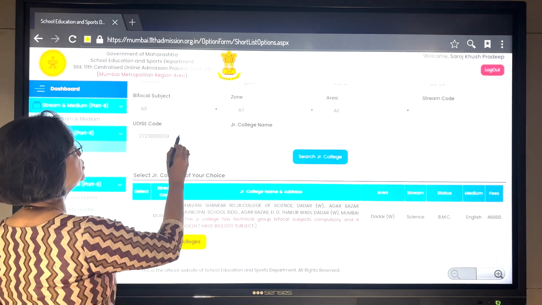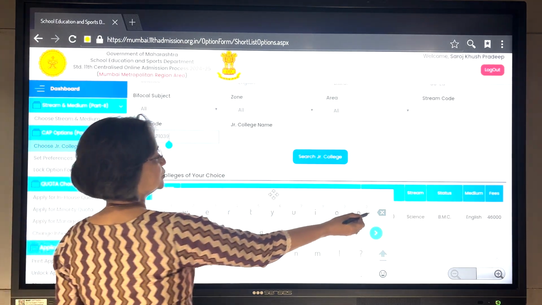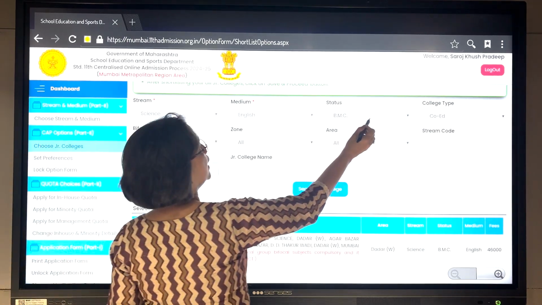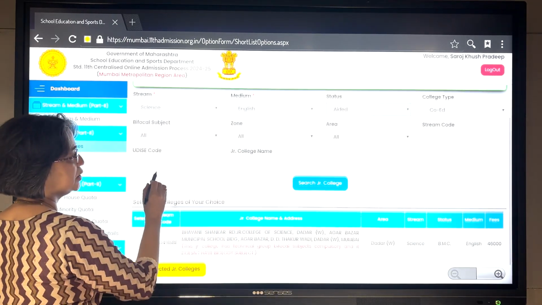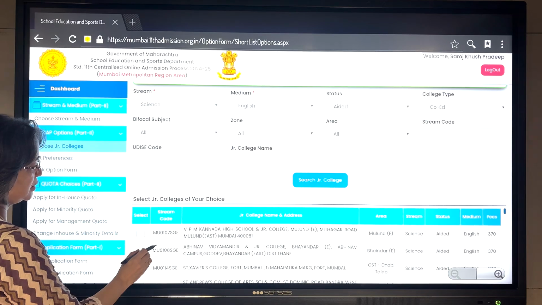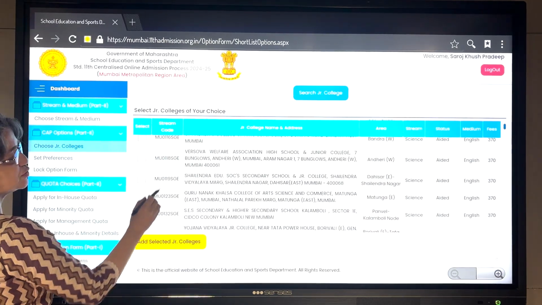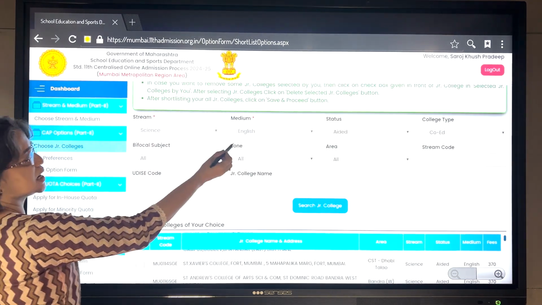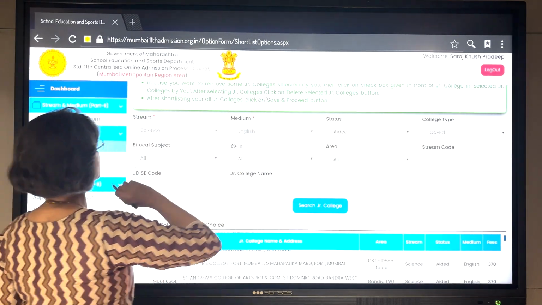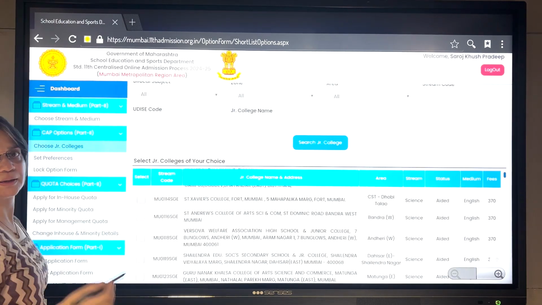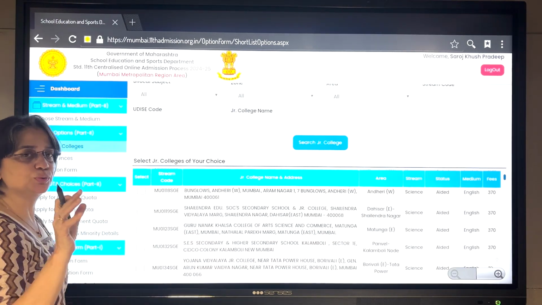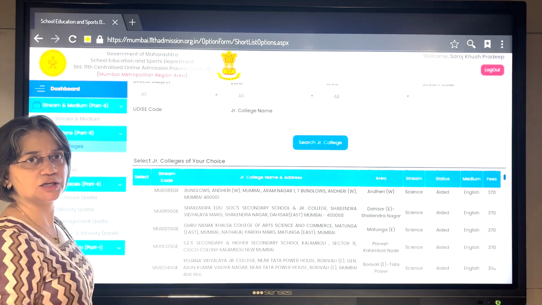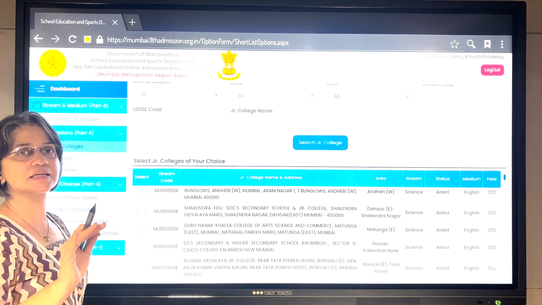Supposing that I do not know the UDISE number, and I want admission in an aided college and I search the junior colleges, there would be a list of junior colleges coming over here: stream science, English, aided colleges, co-education and all zones, that is throughout Mumbai. Now suppose you have chosen a particular zone and you get a list of, let's say, 25 colleges. Out of these 25 you are interested in 10 colleges.